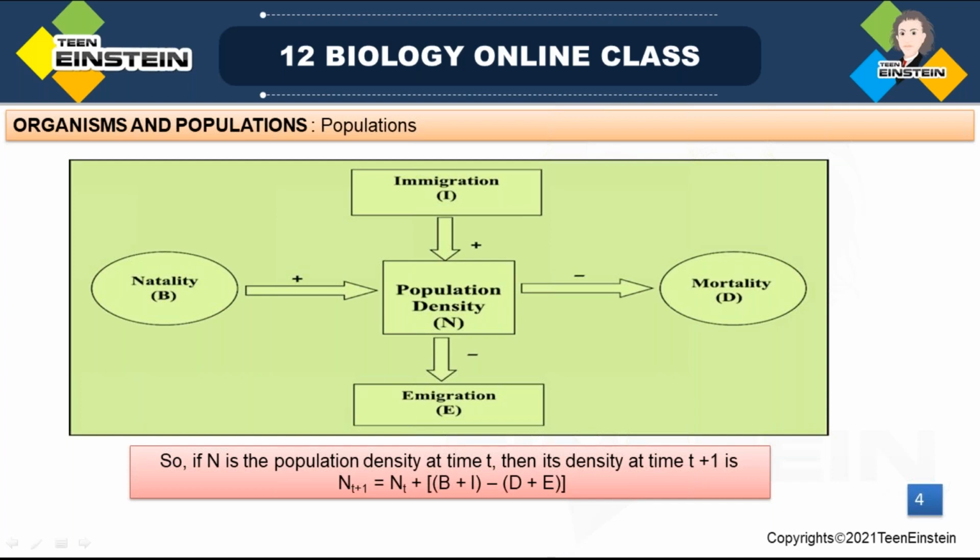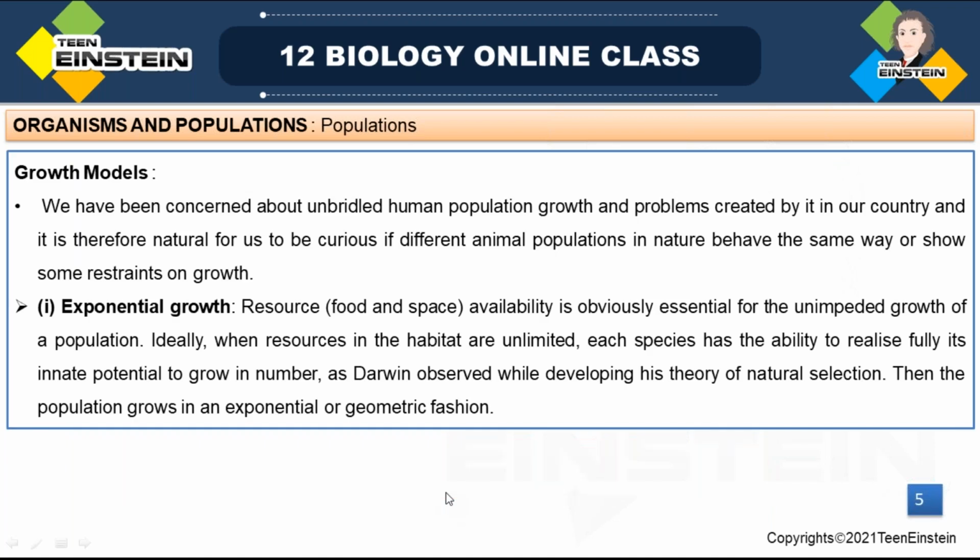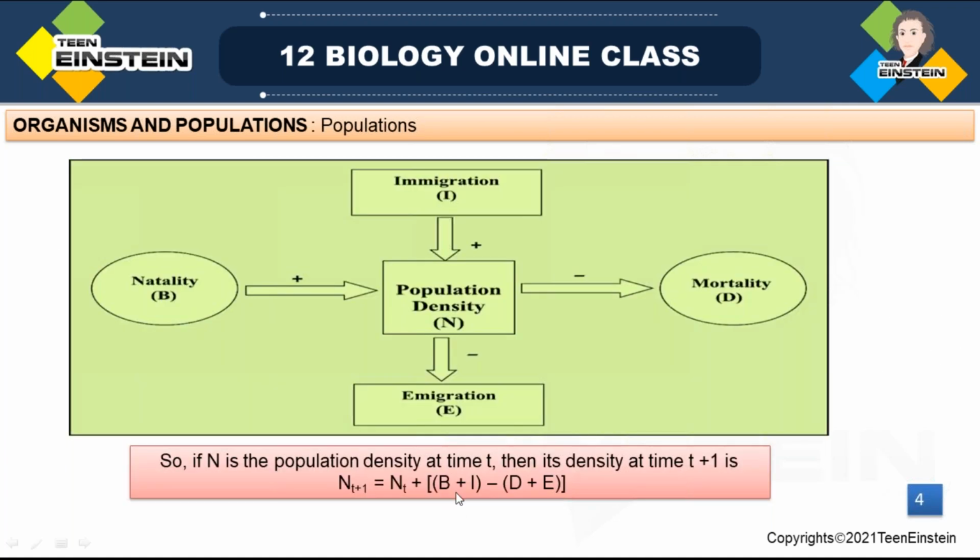How? N t plus 1 is equal to N t plus B plus I minus D plus E. Here B, what is B? B is the number of births, I is the number of immigrants, D is the number of deaths, and E is the number